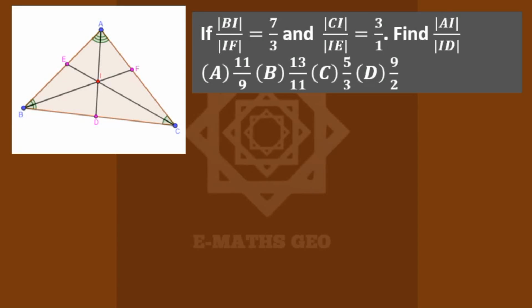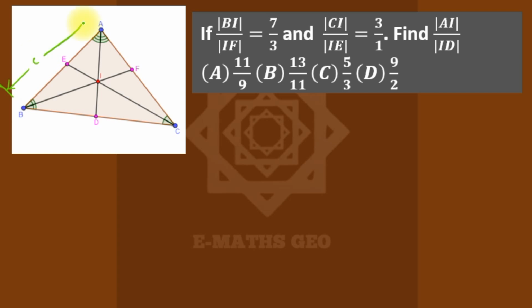Okay, if BI over IF is 7 over 3 and CI over IE is 3 over 1, we're asked to find AI over ID. As you can see, AD, BF, and CE are angle bisectors, meaning that I is the incenter. So there is a theorem that, from here, this big letter C, the total length here will be